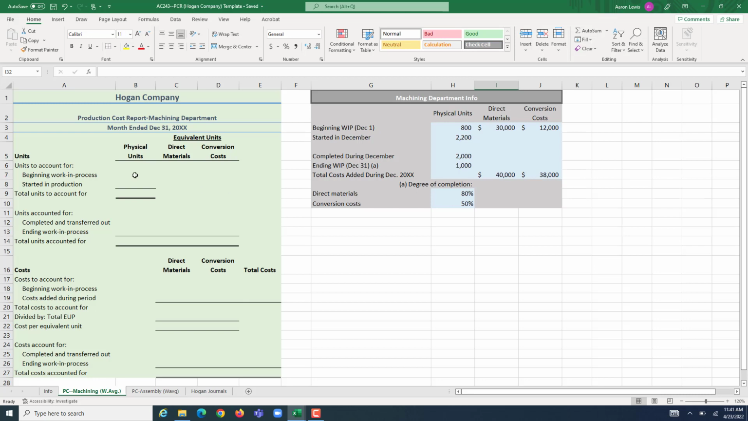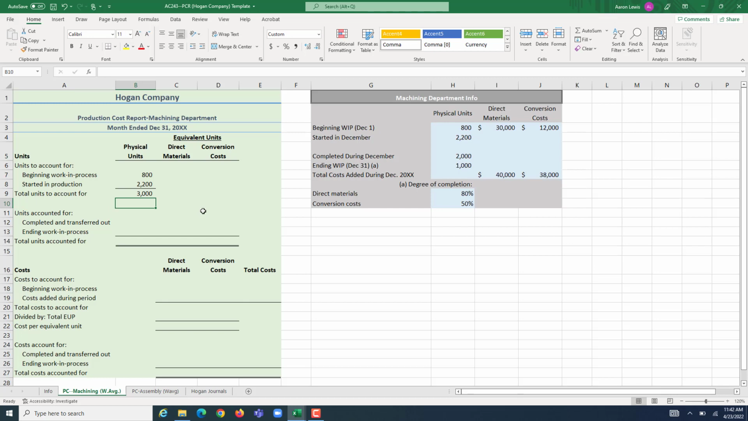We're going to start with the physical unit section. So our physical units say we need to figure out how many units we have to account for. That's how many units we had in beginning WIP, which our information tells us is 800, plus how many units we started producing during the period. And as I said before, if we started with 800 units in beginning WIP, and we started production of an additional 2,200 units during the period, if we add those two numbers together, we got 3,000 units. We have to figure out which of these 3,000 units that came through the machining department ended up being transferred off to be assembled, and what portion of those 3,000 is still being worked on in the machining department